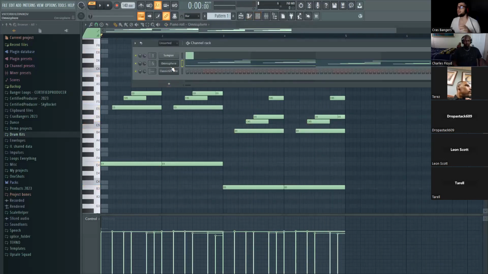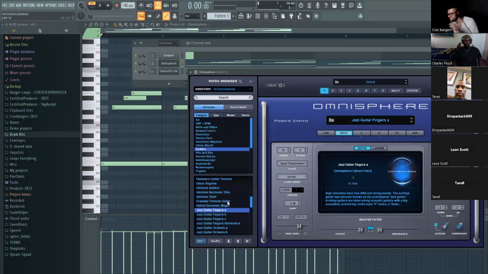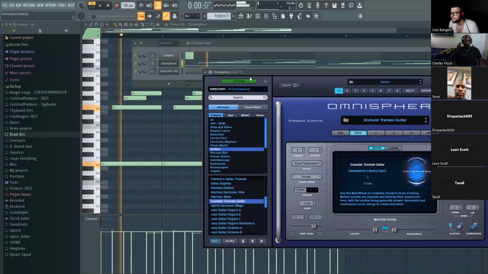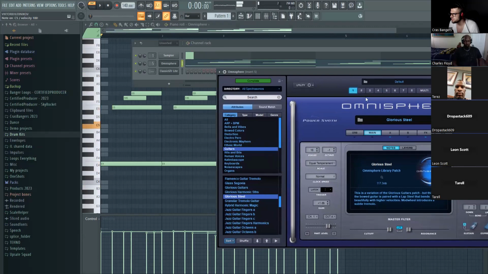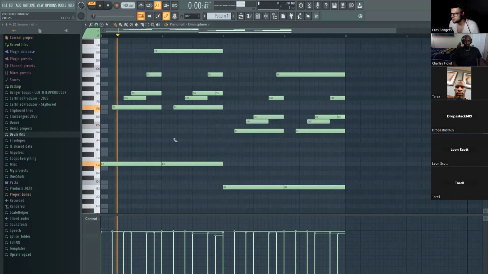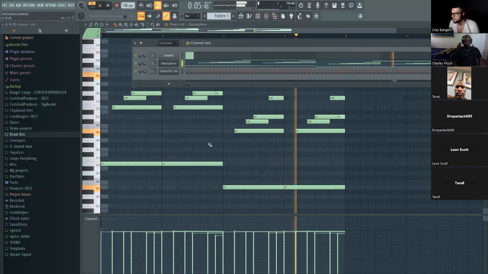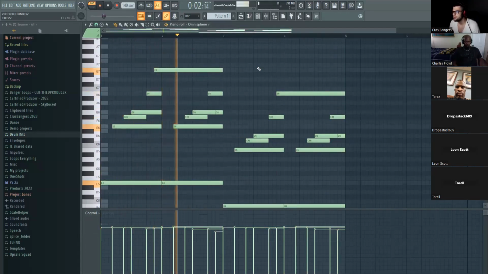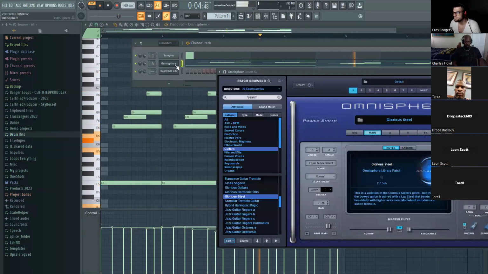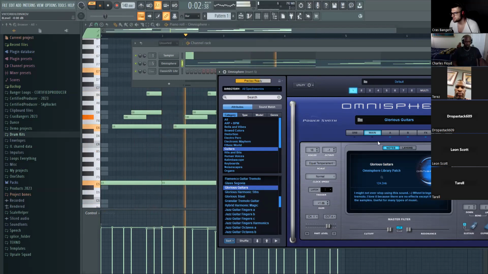Okay, they sound super fire. And what I wanted to do is just see how these other guitars, just a couple of guitars, I want to try them. Oh, this one. Oh, this one. Okay. Let's maybe pitch this up 1 octave just to see how this will sound. And even though it sounds cool, but